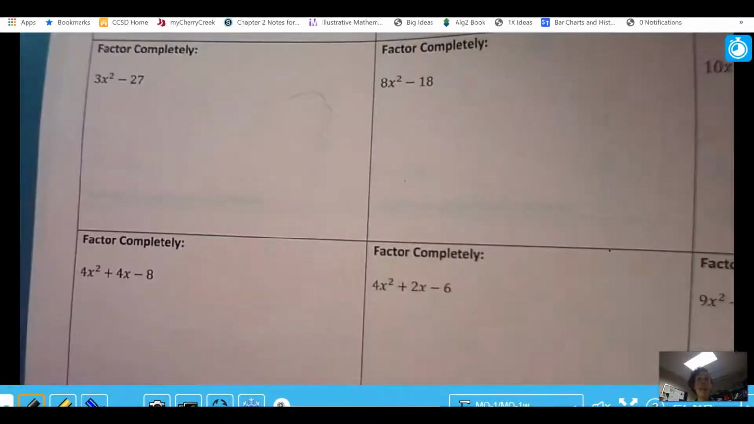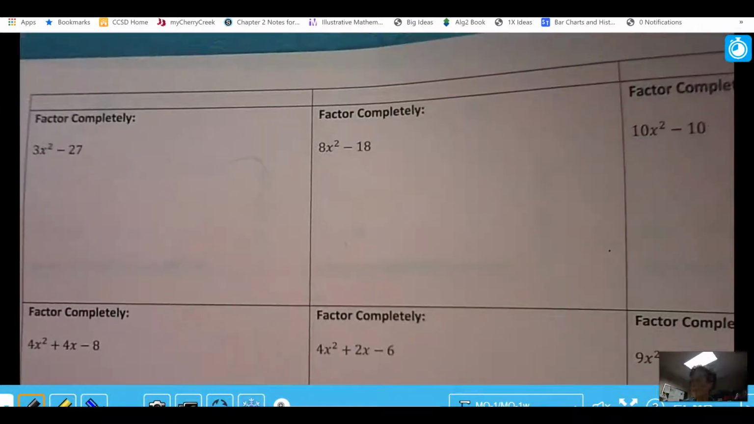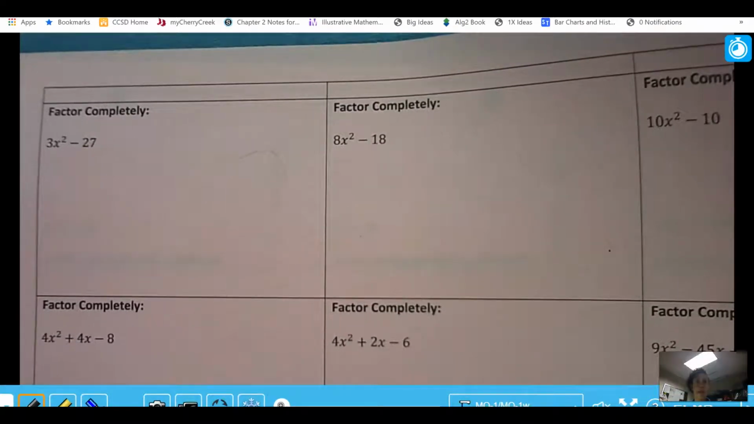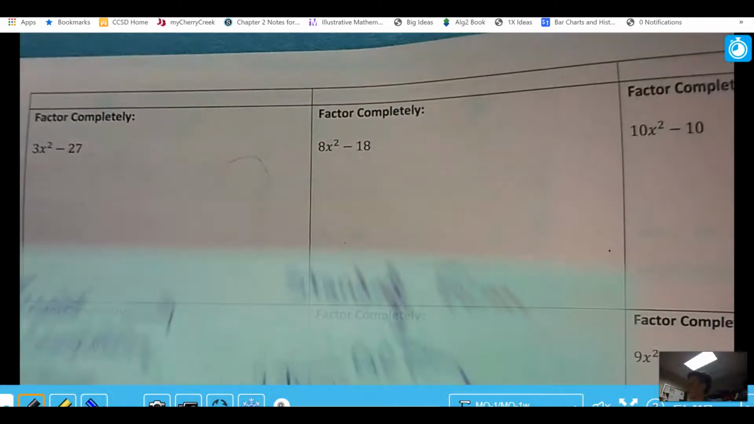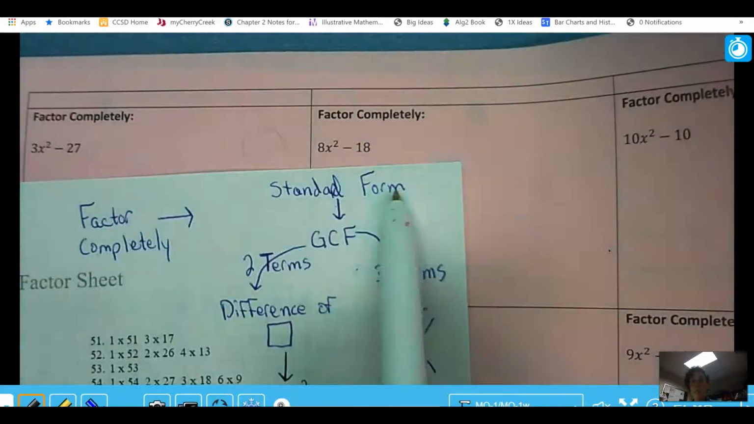So the back is factoring completely. That means not only are we going to do the GCF, but then based on the number of terms, we're either going to do the difference of squares or we're going to do the x. So I'm following this cheat sheet. They're all in standard form. We're going to do the